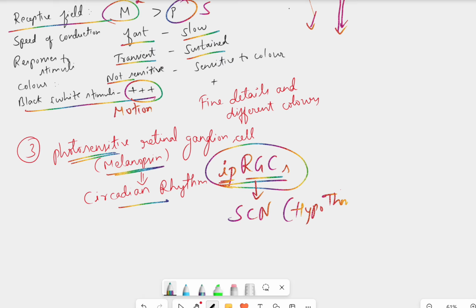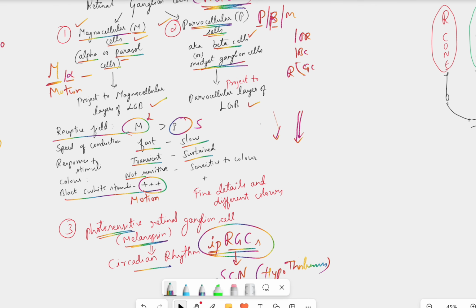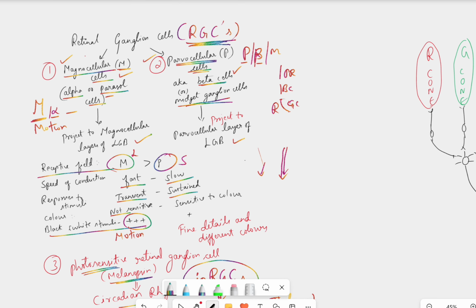So this is the third type of retinal ganglion cells. Hope you got a clear idea about the different types of retinal ganglion cells and what exactly their functions are. Functionally, two main cells are identified: magnocellular cell and parvocellular cell. Magnocellular cell will help us detect motion. Parvocellular cell will mainly help us in detecting the color, and